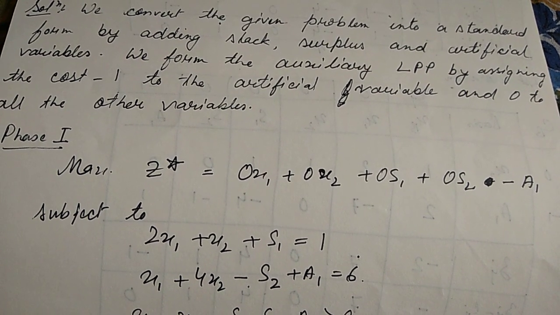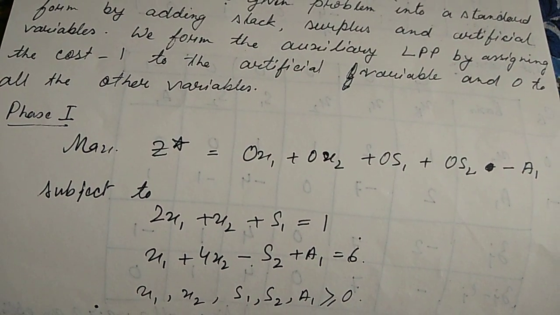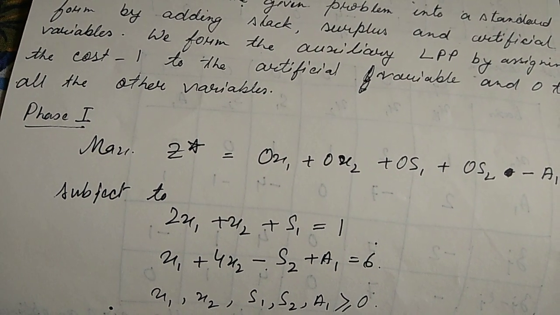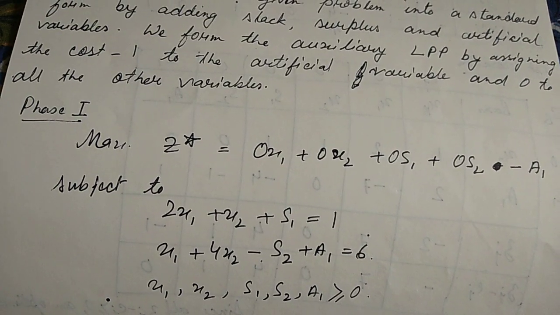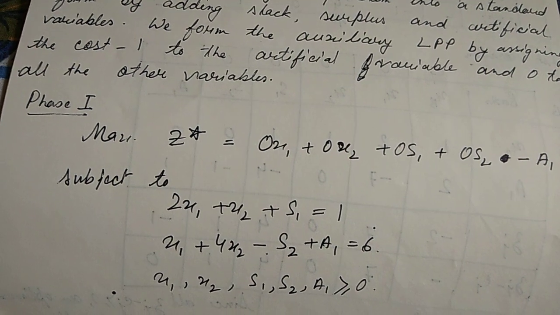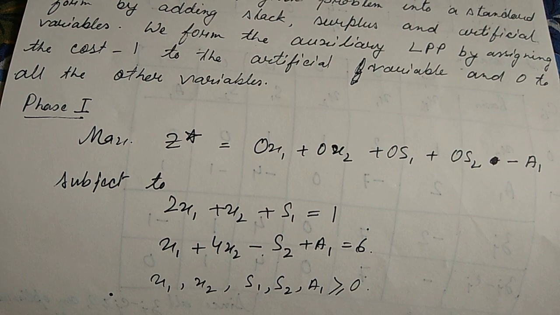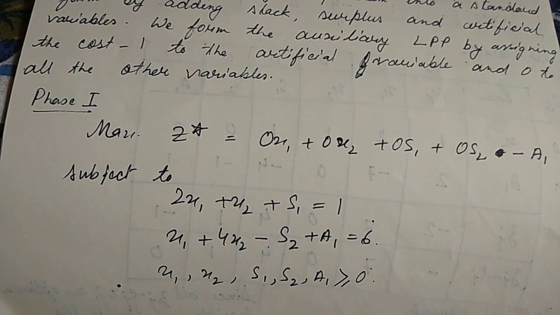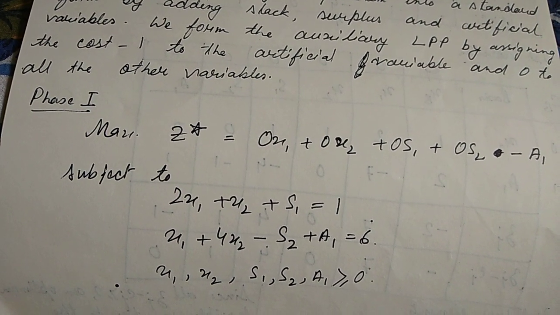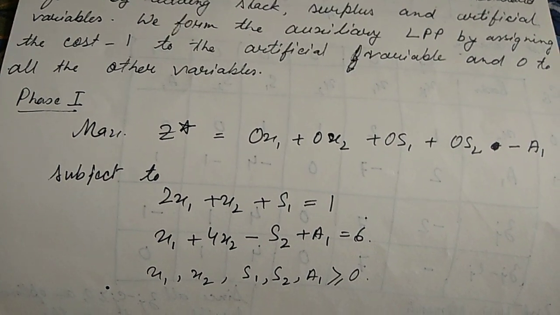Now how this is allowed, I have already told you in the class that there are 3 conditions, out of which if the first condition is met, then you are not allowed to proceed to phase 2. Whereas if you have the rest of the 2 conditions, then you have to proceed to phase 2. Let us see in this sum whether we can proceed or not.